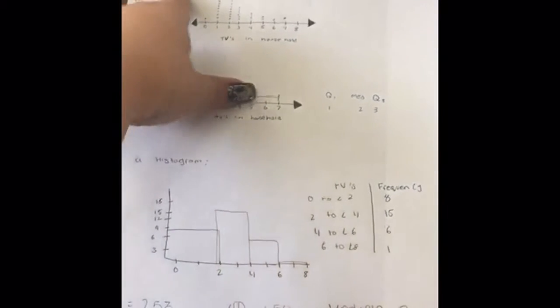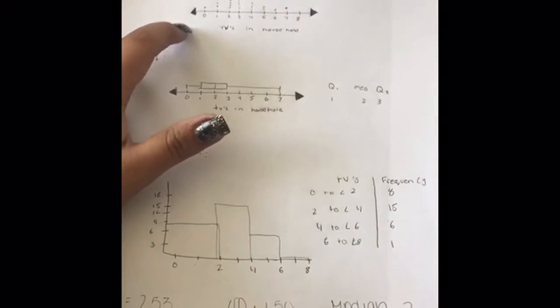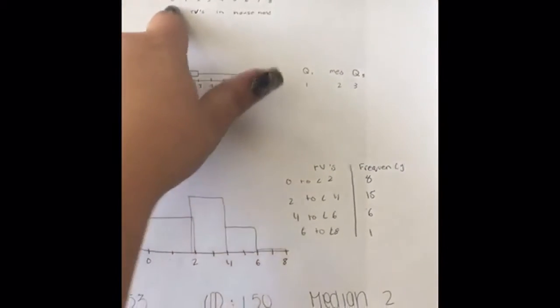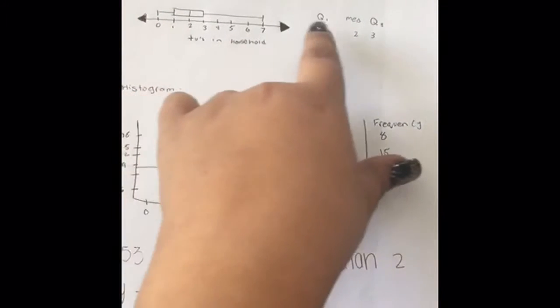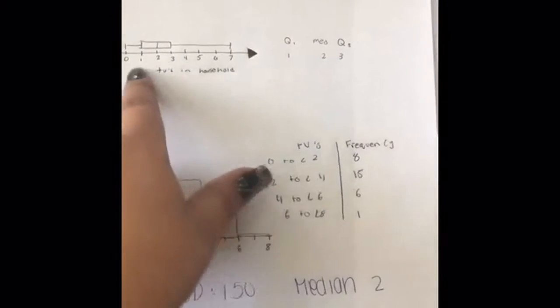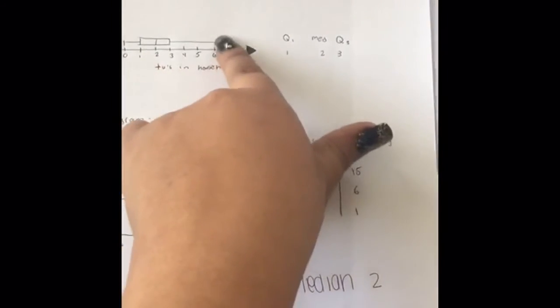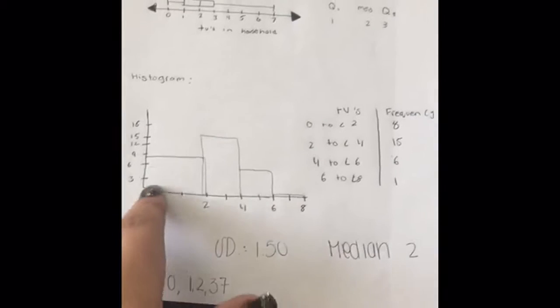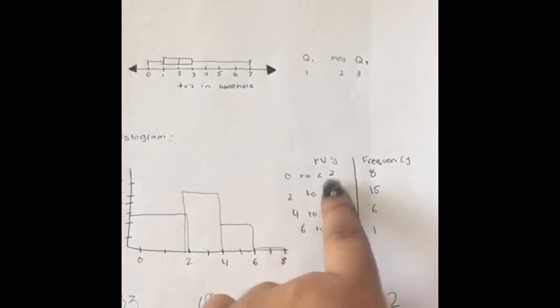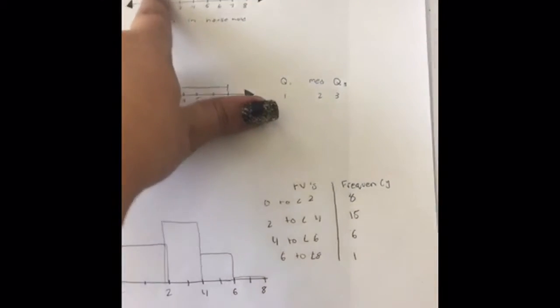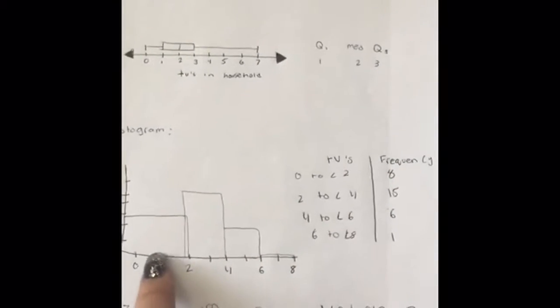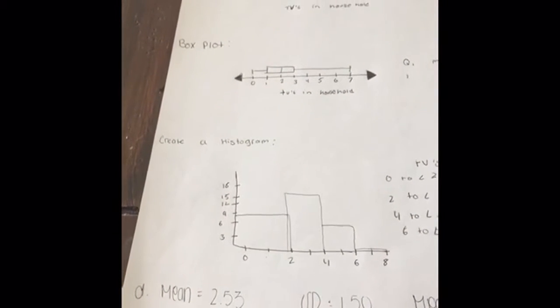Okay, so these are the numbers that you're going to use to create the dot plot, and then you just have to plug in all these numbers. And then the box plot is Q1, median, and Q3. You just make a box and then just make a line up to 7 and 0. And to create the histogram, you have to use 0 to 2, less than 2, and it's how many numbers are there, right? And then you just create those, and the mean is 2.53, standard deviation is 1.50, median